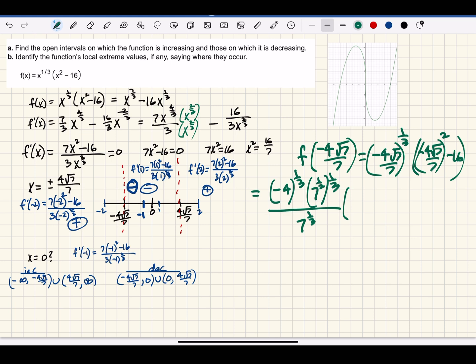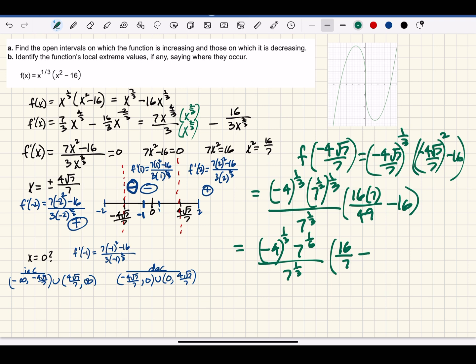This would be times, now squaring everything, -4 squared is 16. The square root of 7 squared would be 7, and 7 squared would be 49, minus 16. Simplifying this, we would have -4 to the 1/3 power times 7 to the 1/6 divided by 7 to the 1/3 times